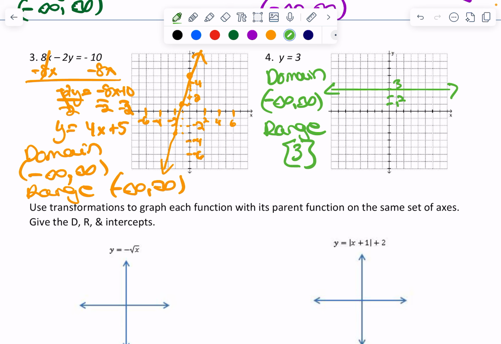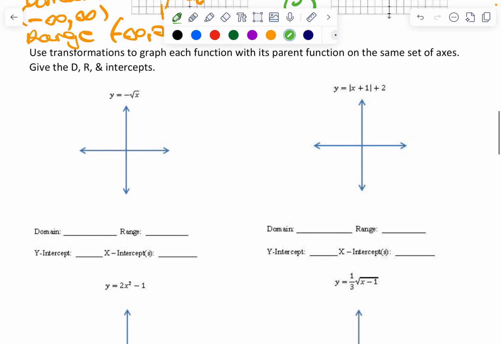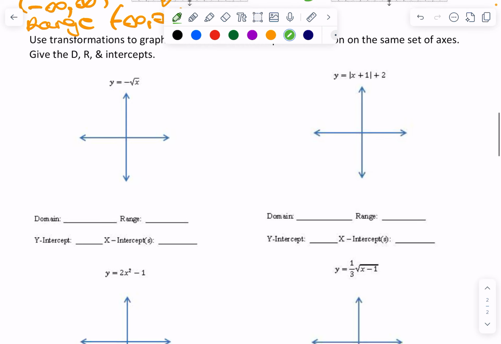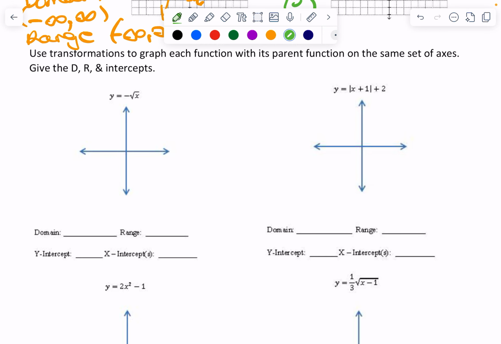Okay, next one, we're going to look at transformations to graph each function with its parent function on the same set of axes. So now, what we did up here with the parent functions is what we're going to be using when we are graphing the transformations. This one has a negative square root of x. So our parent function here,